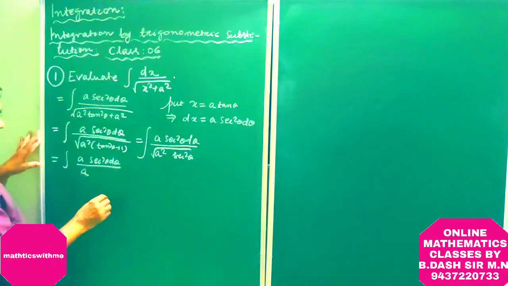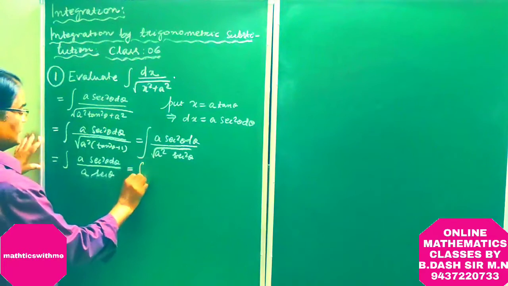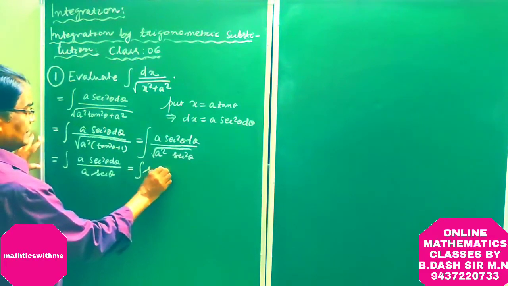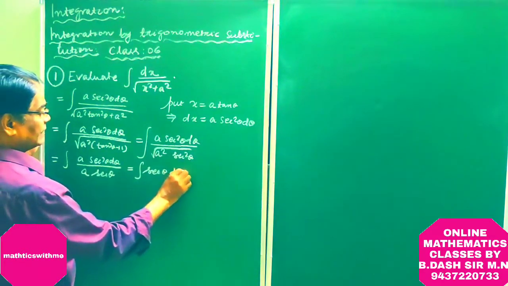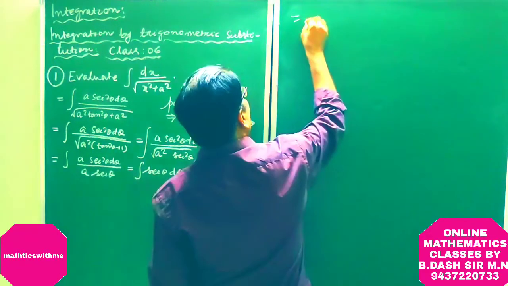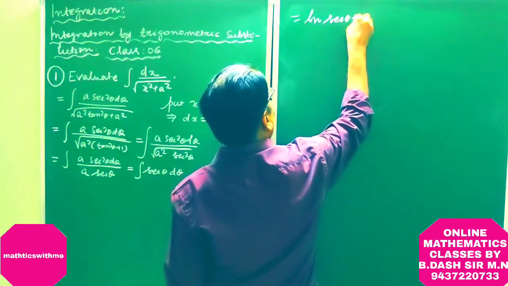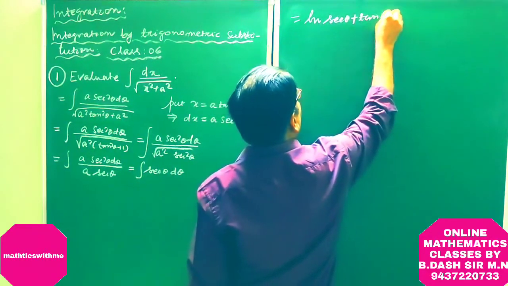This is equal to a sec square theta d theta divided by a sec theta, so we get the integral of sec theta d theta. This is equal to ln of sec theta plus tan theta